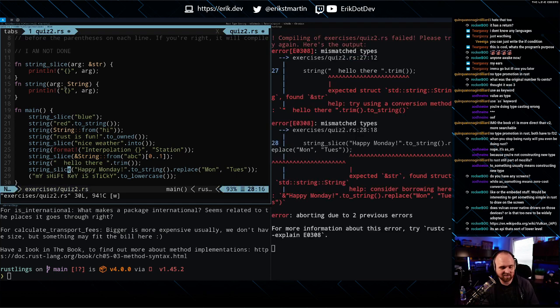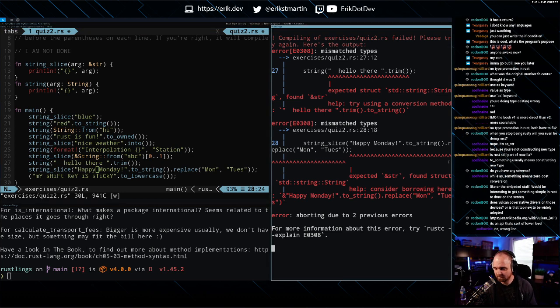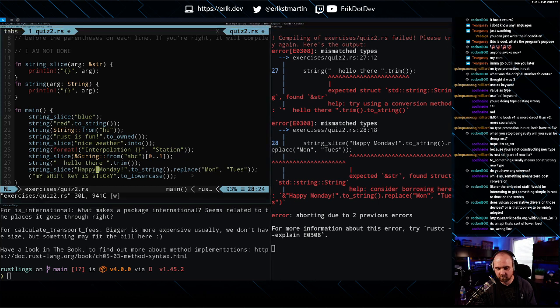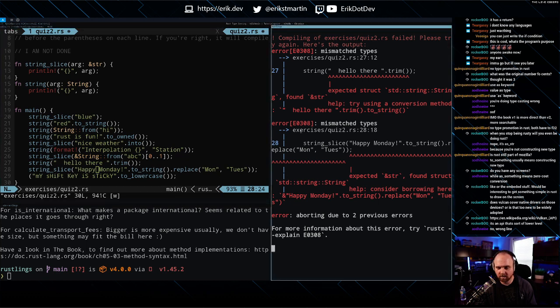So this is kind of interesting to me. If we call trim on an str, we get back a string struct. But if we take a string struct and then run a replace on it, we get back an str. Oh, wait, wrong line.